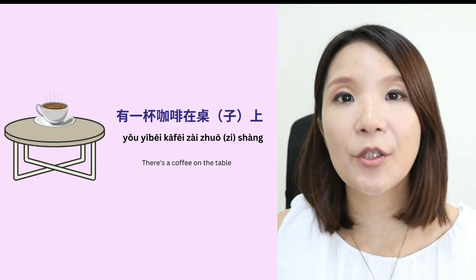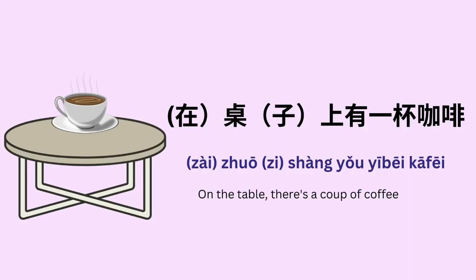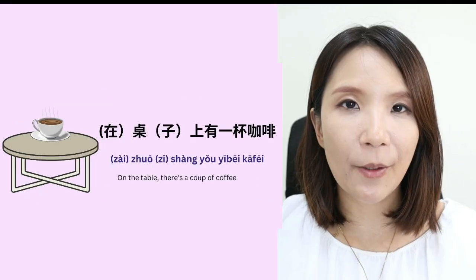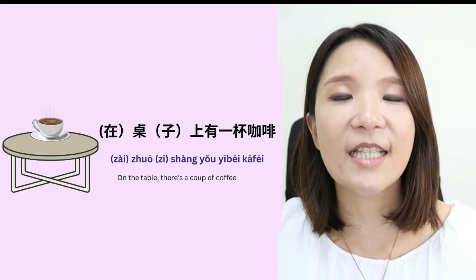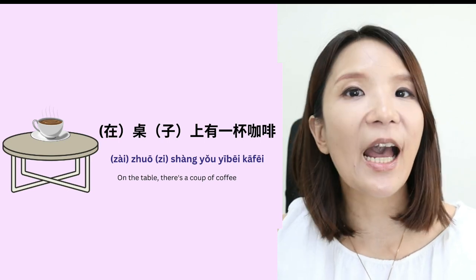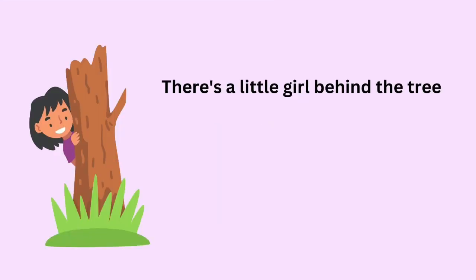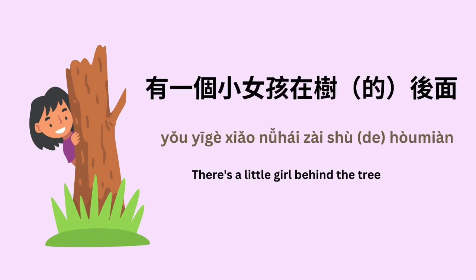Or you can switch that to say 在桌子上 to say the position first. 在桌子上有一杯咖啡 On the table, there's a cup of coffee. The next picture. To say there's a little girl behind the tree, you could say 有一个小女孩在树的后面。Again, 有一个小女孩 There is